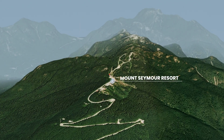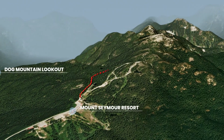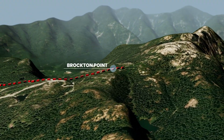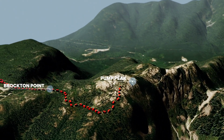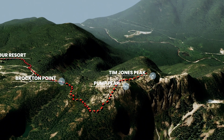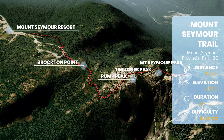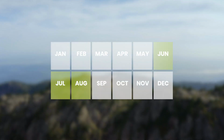The Mt Seymour Peak Trail is an advanced 8.5-kilometer return trail that climbs 500 meters in elevation through the rugged alpine of Mt Seymour Provincial Park in approximately 4 to 5 hours round trip. The best time of year to attempt this hike is from June to October, as snow will be present outside